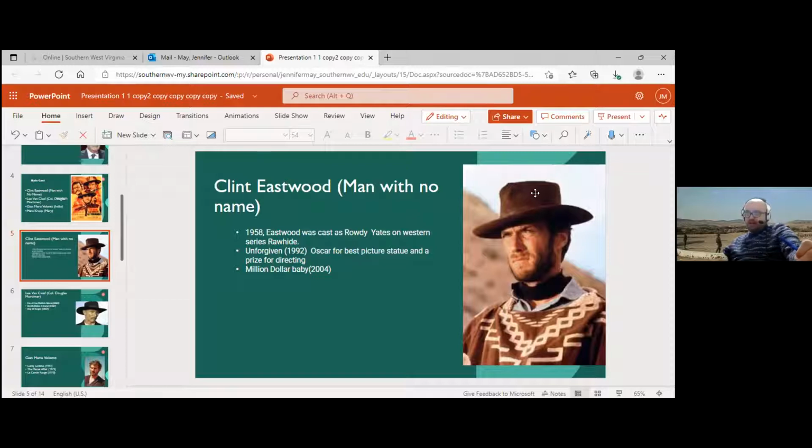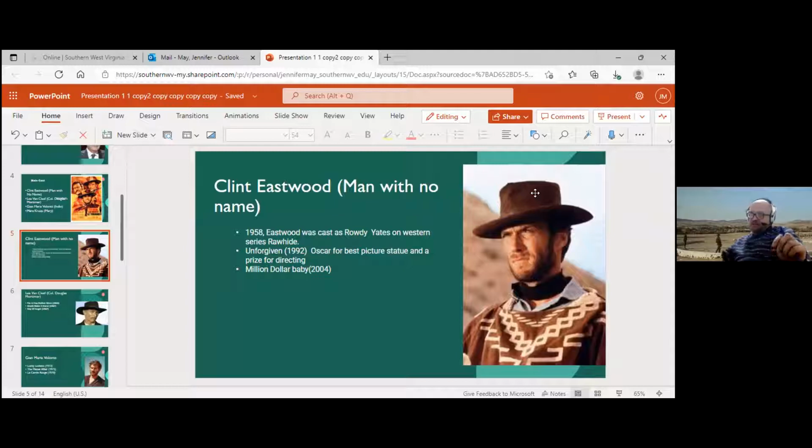Yeah, Unforgiven, is that what you got on your slide there? That's a really good Western. I normally teach that one in this class. I decided not to this time just because I'm breaking up the monotony. But Unforgiven is an excellent film, in case you guys especially enjoy the Western genre. Unforgiven is kind of a meditation on the